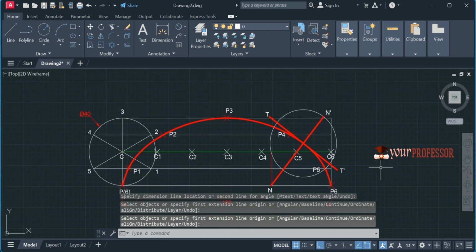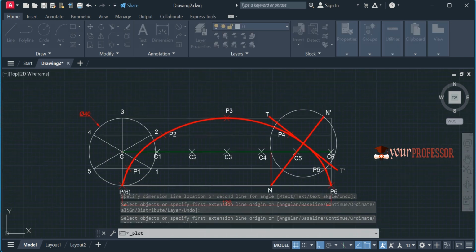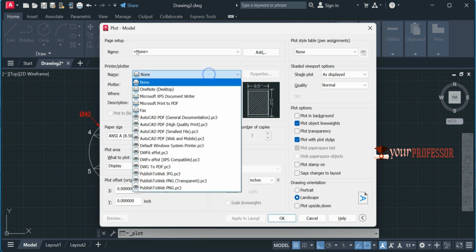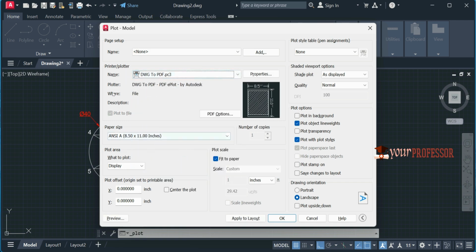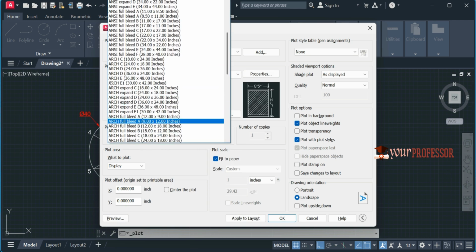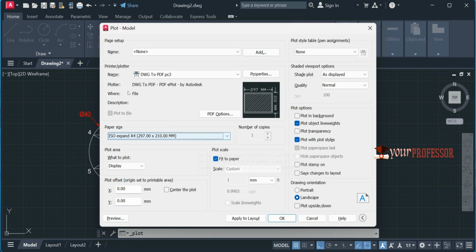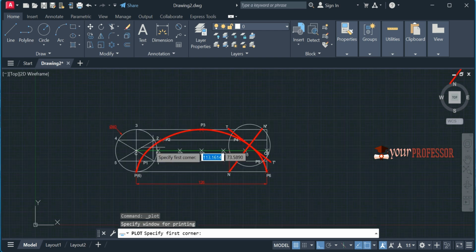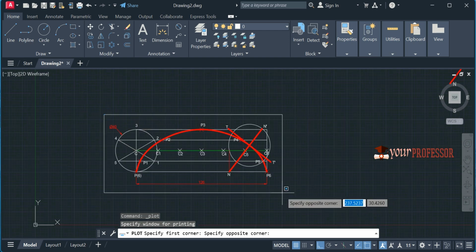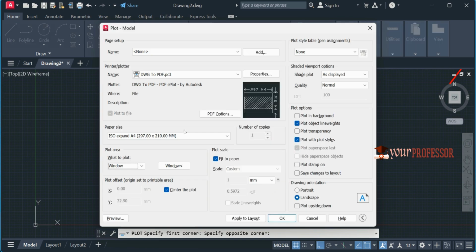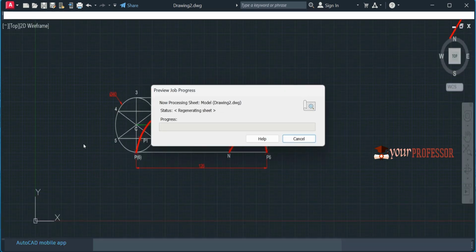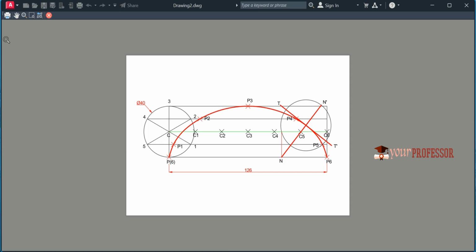So if you want to convert into PDF, Control P, or you can select plot also. So drawing to PDF. Next, choose A4 sheet. I am selecting this one, A4 sheet, in landscape mode. Next, center the plot. Here make sure landscape is on. Select window. Choose the least possible area. Okay, so see the preview. If you are okay with the preview, click on plot